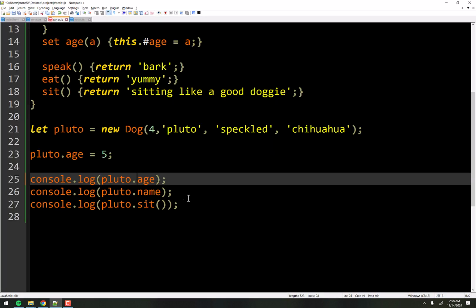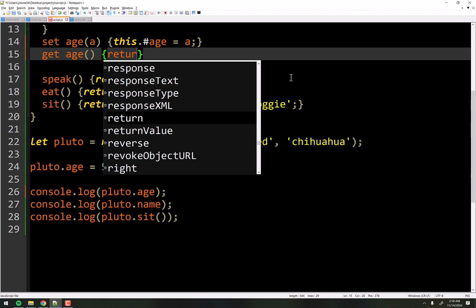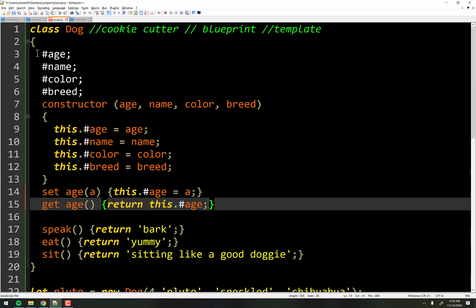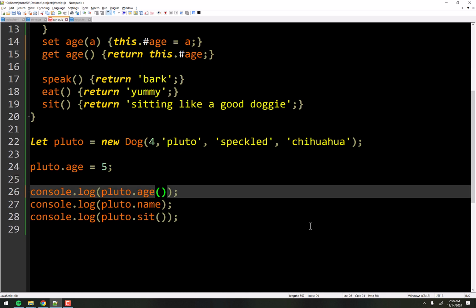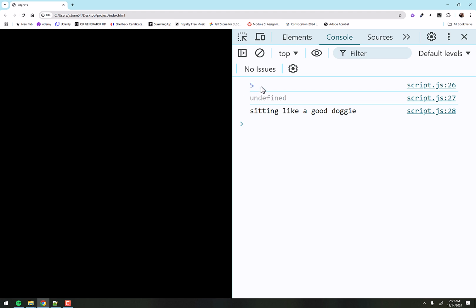And so if I want to see the age, I have to use a getter. And it's the same kind of idea here, where we say get age. We don't need a parameter this time. And I'm just going to return this dot age. And so it will return whatever that value is. And again, in other programming languages, you would call it like a function, but not JavaScript. You do it like that. Say Pluto.age, right? And it knows to get, because of that keyword there. And now when I refresh, we get 5.